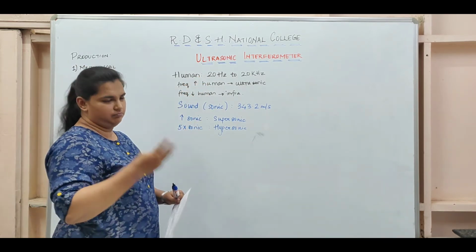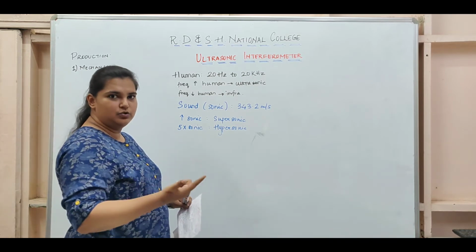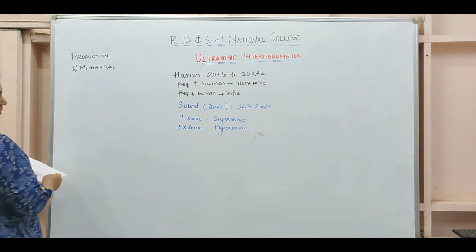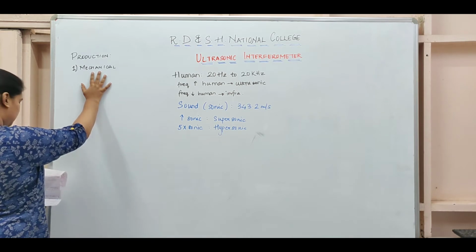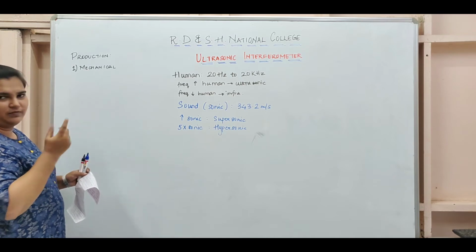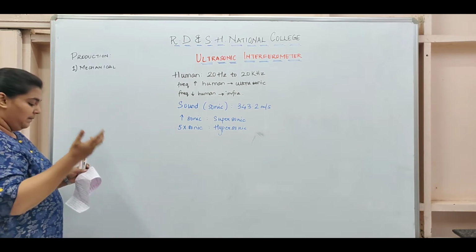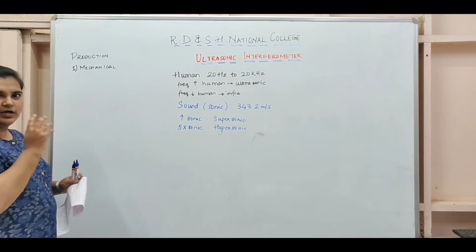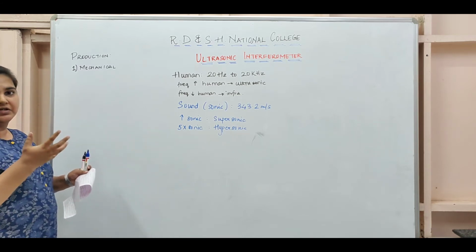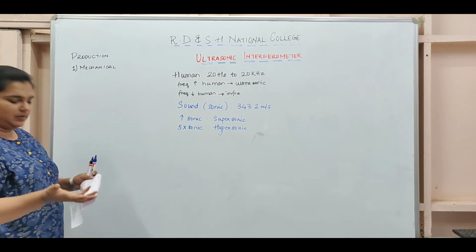There are basically three different types. There could be more. I'm going to cover three, of which we are going to use one. In earlier days, production of ultrasonic waves was done using mechanical methods. High pitched sounds were produced using pipes, whistles, and longitudinal vibrations of rods. Because of this, ultrasounds were produced. However, with these high pitched sounds, the waves weren't that powerful.